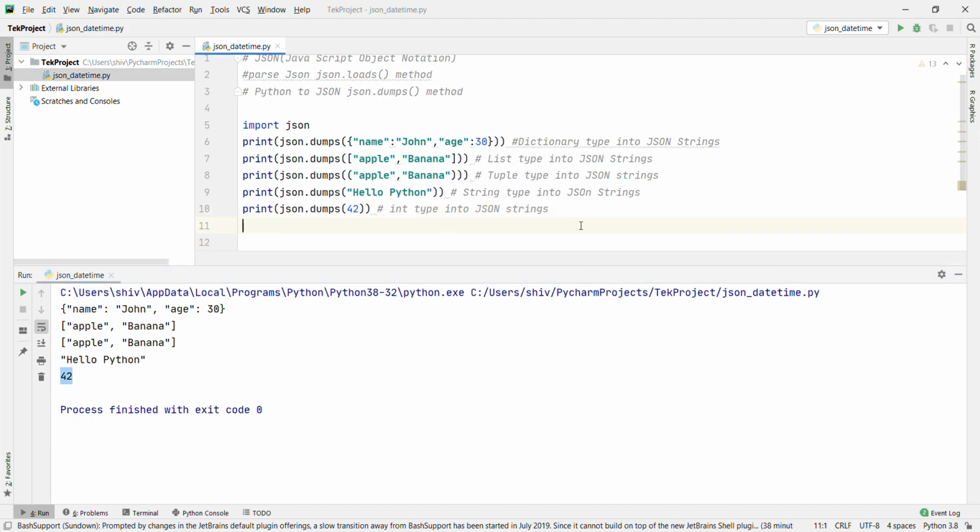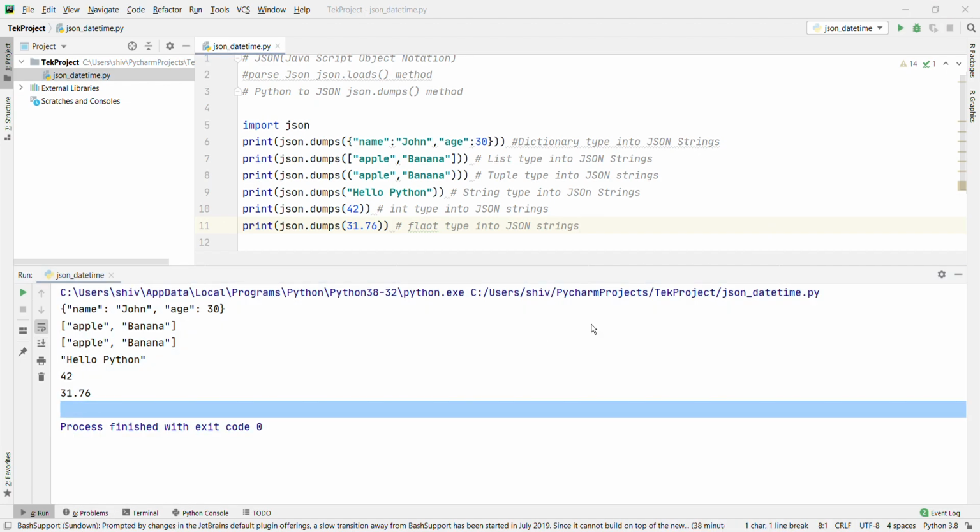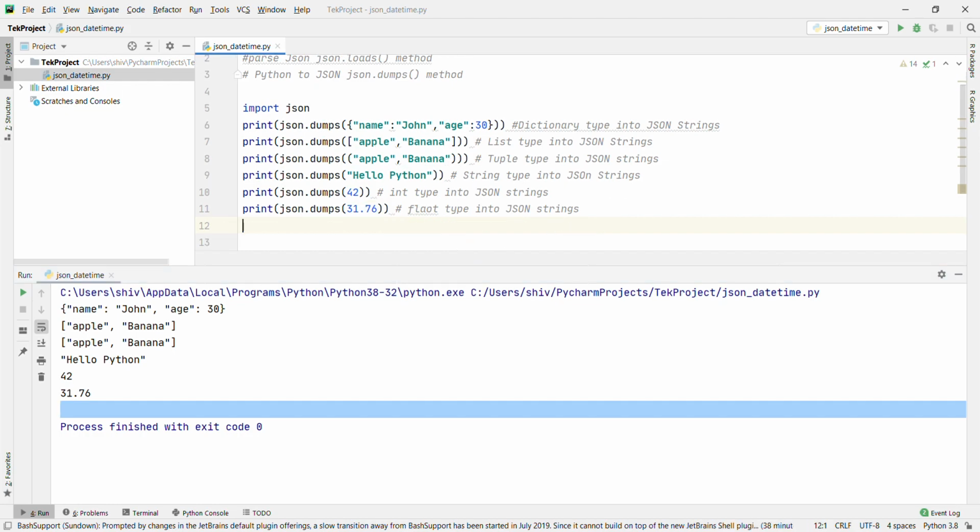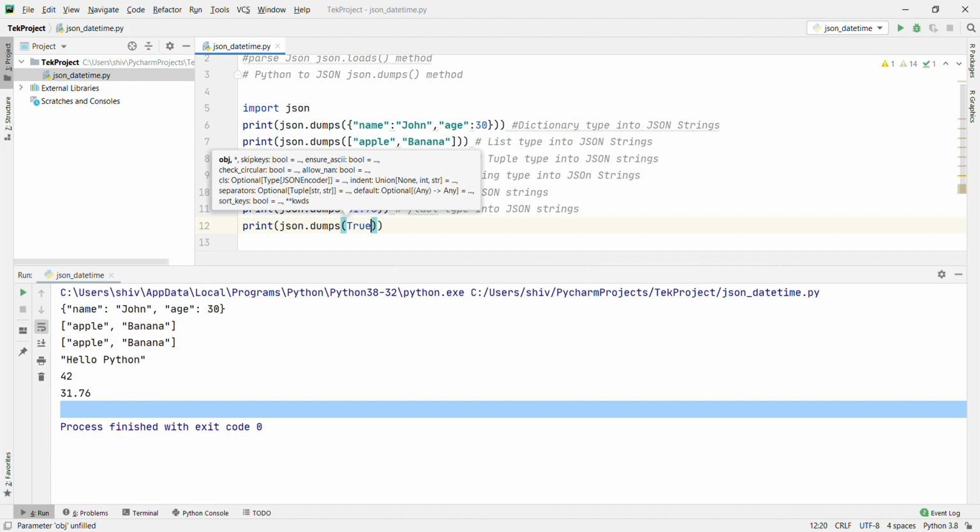Now print json.dumps and float 31.76. This is float type converted into a JSON string. Now I am going to show you true and false boolean values. Print json.dumps, I'm going to pass True.